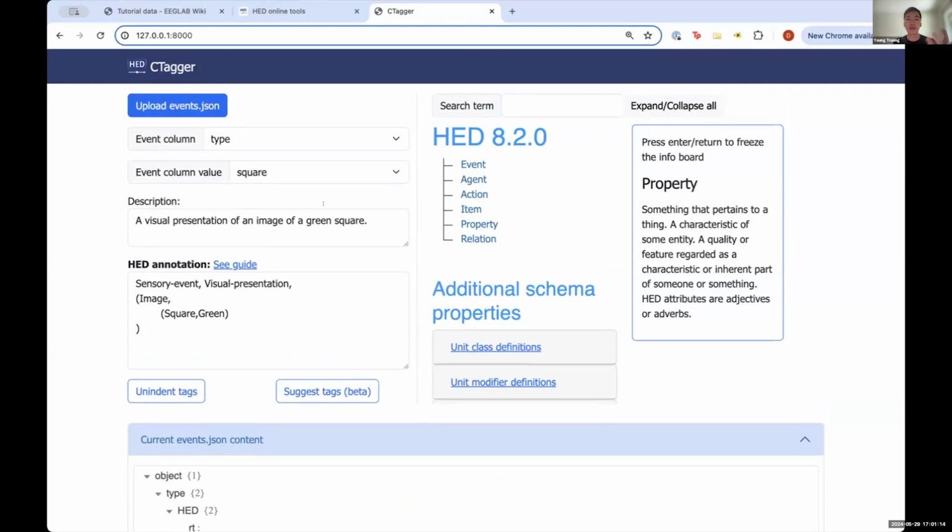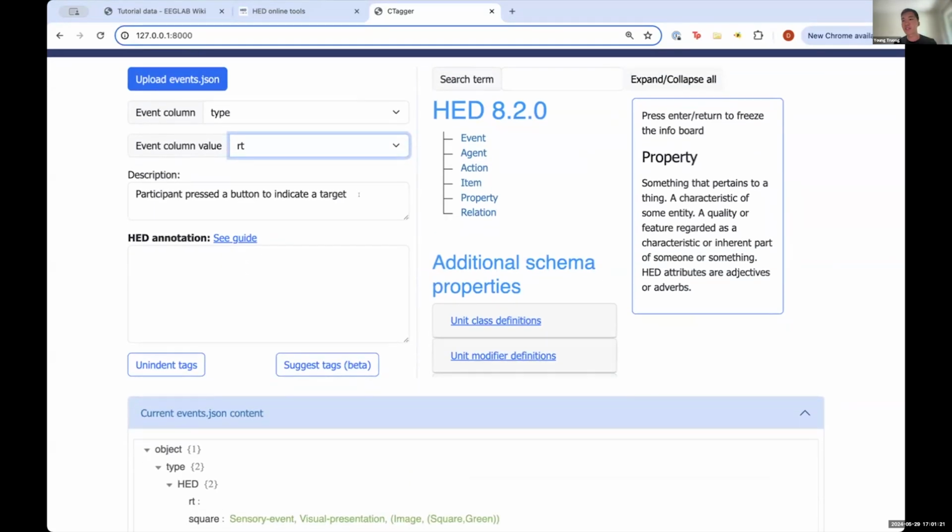Okay, so now we go into the annotation process. Let's click the RT value. So the description is the participant pressed a button, right? Now we start finding the HED tags to capture this description. We include a quick link